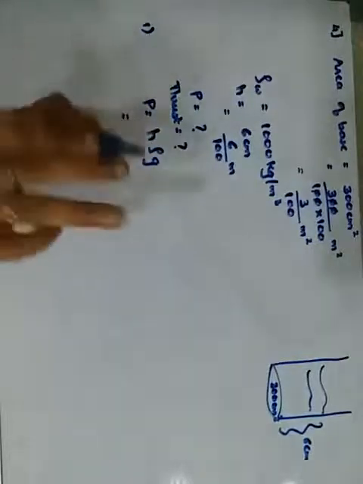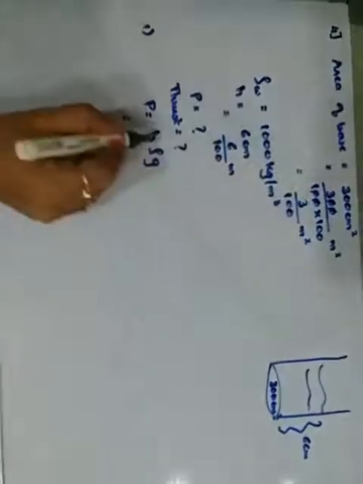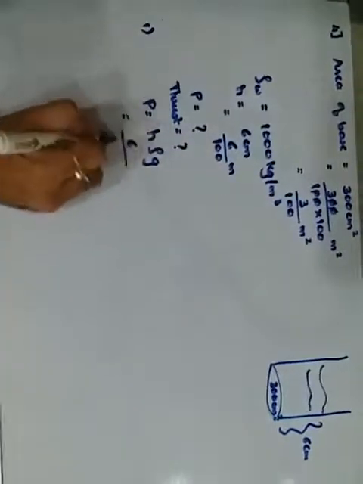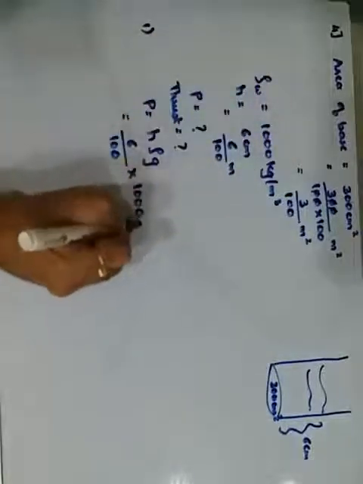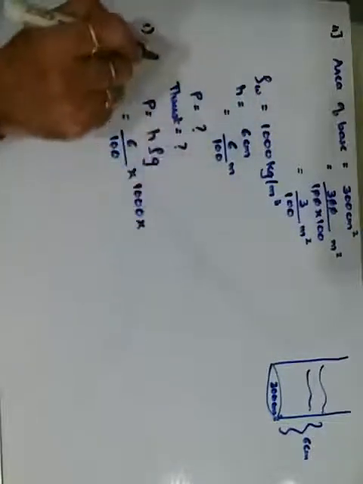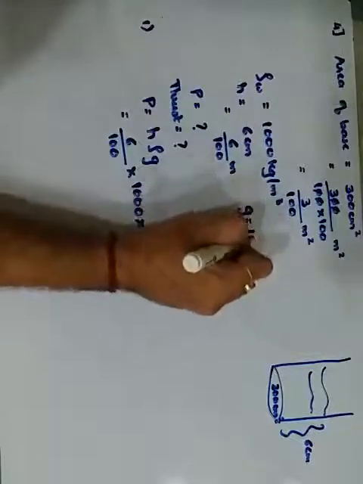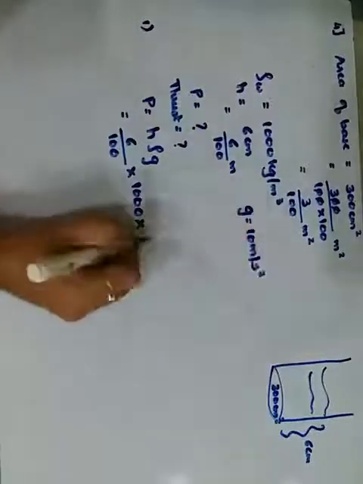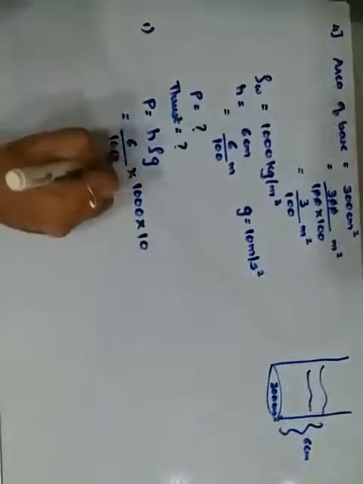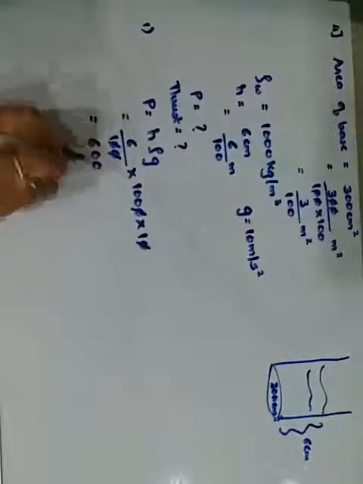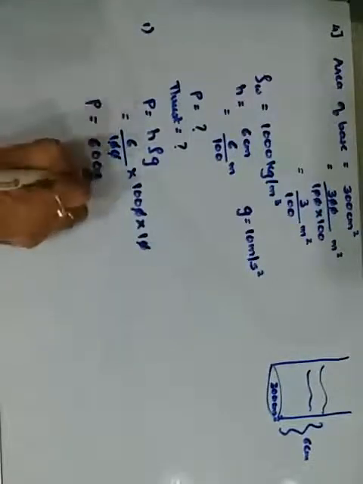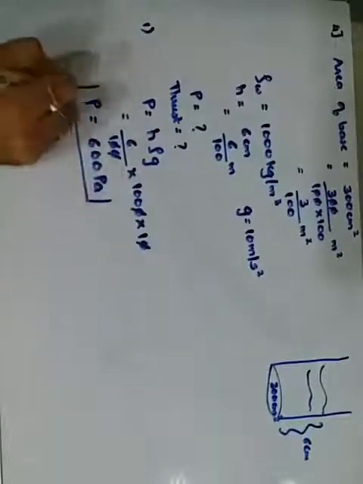So here, just for easy calculation, I am using the fractional units, that is h is 6 upon 100, the density of water rho is 1000 as it is, and gravity is already given to be 10 meters per second square, so I put it as 10. Now what cancels is 1 and 2, and 1 already and 1 more, so it comes out to be 1 2 3, that is 600. Pressure is 600 pascals. Okay, simple calculation.